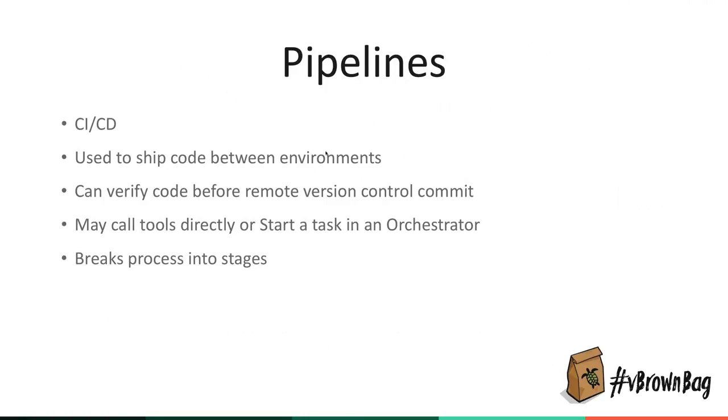And you could use a pipeline to say, okay, well, here we go. We're going to build some environments. We're going to do some tests. These are the test suites we're going to use. I might talk to the orchestrator, or I might just do it myself through API calls, and based on the tests, I will give it a pass or a fail. And by breaking it into stages, you can see, okay, at this stage it failed. That's why it didn't go through, or this test failed. And that's where the pipeline comes in.